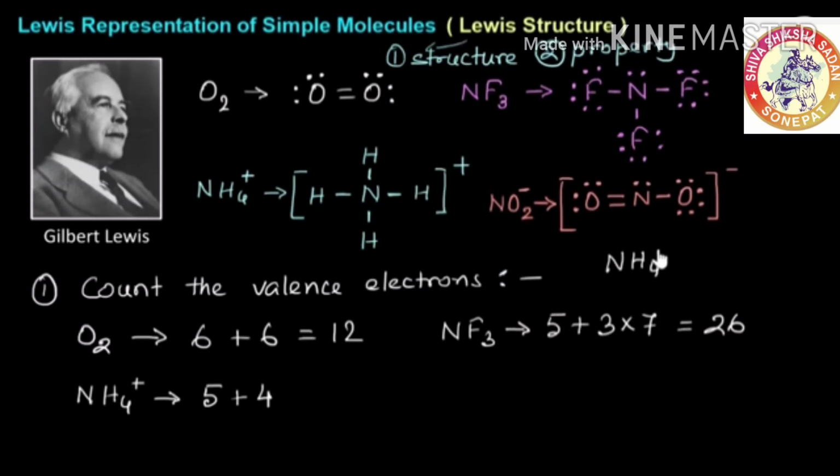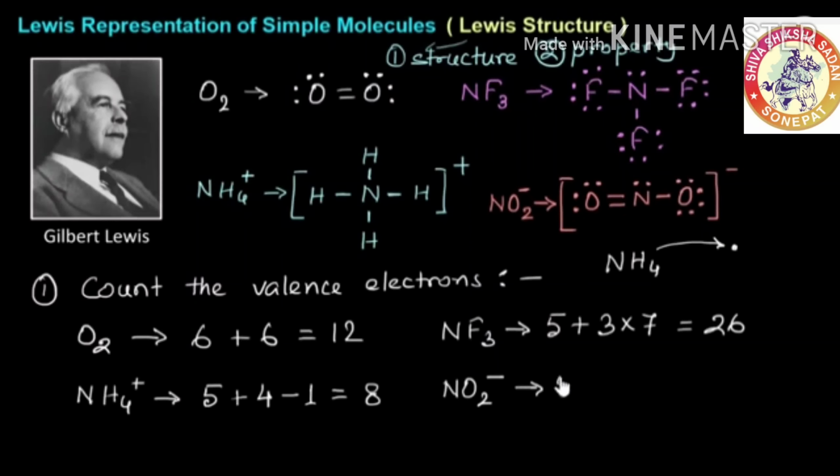But this ion carries one positive charge. It means one electron is lost by this ion. So, we subtract one electron from this so that we get the total number of valence electrons in this ion,